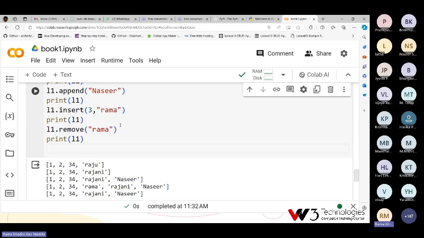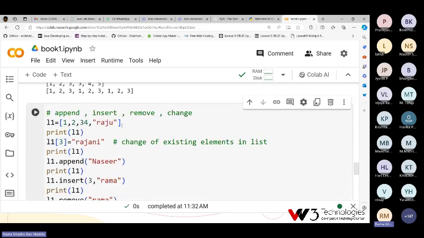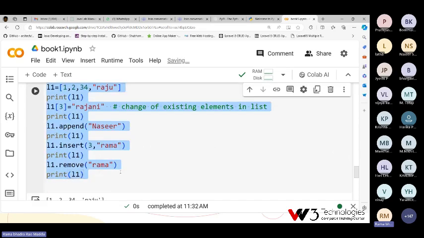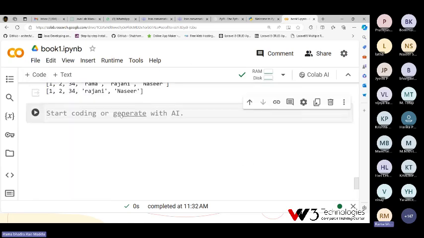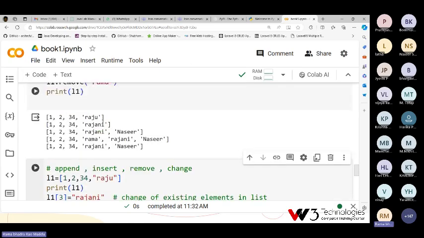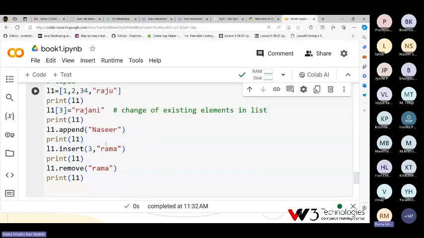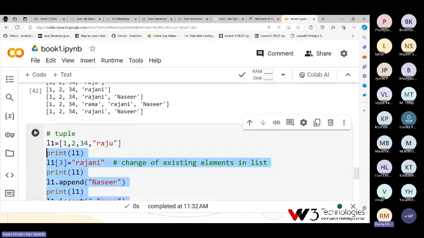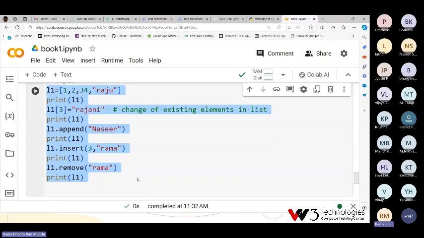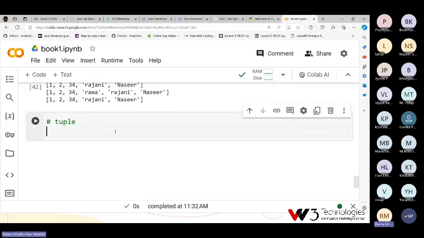Similarly, everything is the same for the tuple also, but with only one change. I want to create a tuple. Tuple, T1, I am creating.